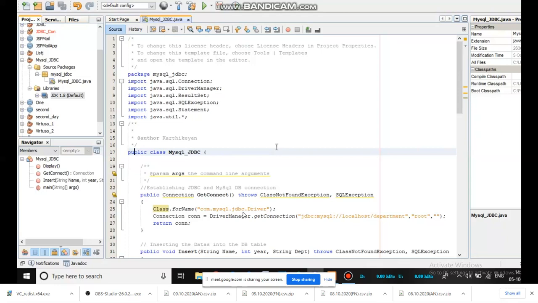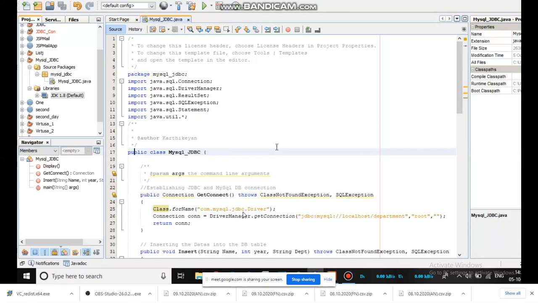So that is how you know where your DB is located. My DB is located on localhost now, so I can give localhost here, or my IP address, or the loopback address, whatever it may be, then slash, the database name, right?